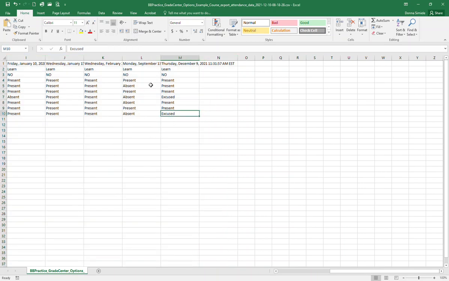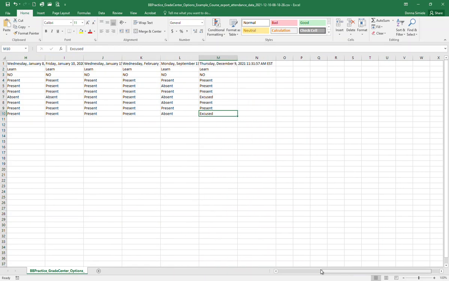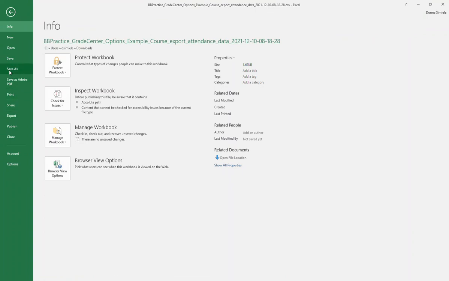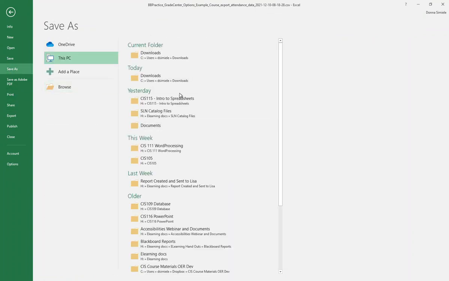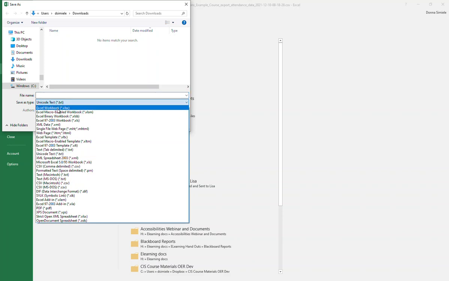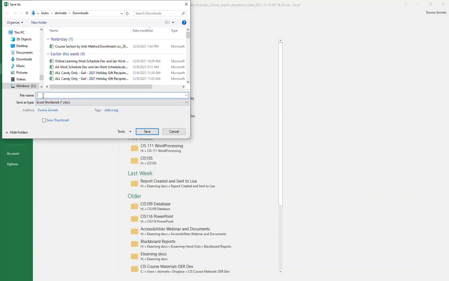So you can do them all at the same time. Okay, so once you've got it done, you can save this file, and when you save the file, I'm going to go ahead and do a Save As, and you obviously put it wherever you want. Okay, what I recommend is changing it from this Unicode text to an Excel spreadsheet,